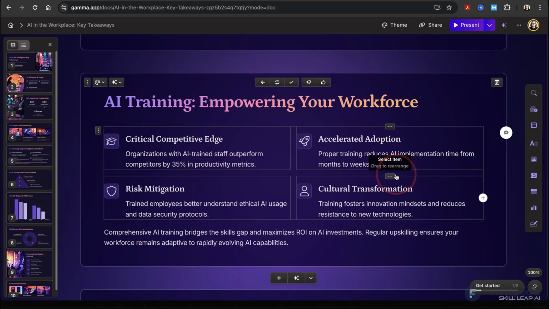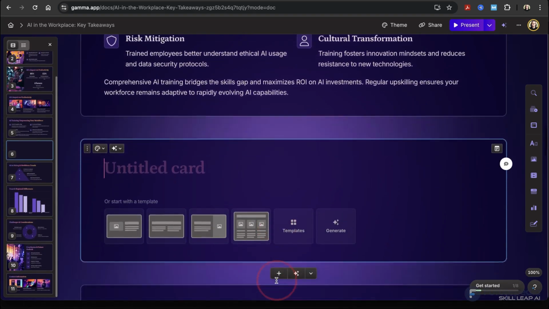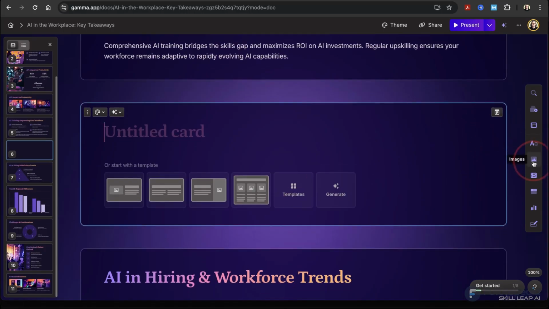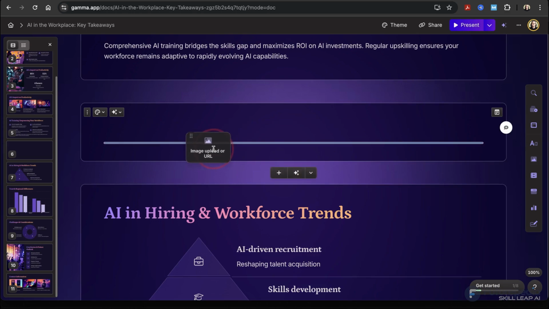Let's do one more thing here. In a previous lesson, we generated some charts to use for our presentation. Since this was created just from an outline, we may not have any of our original charts inside of here. So let's create a new card and then add one inside. Hover over the new card menu, and this time I'll just choose Add Blank Card. I'll scroll down a little bit here. Next, I'll choose the image block from the tool list on the right, and then drag Image Upload onto my